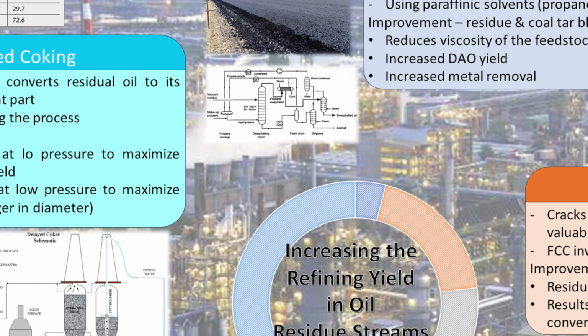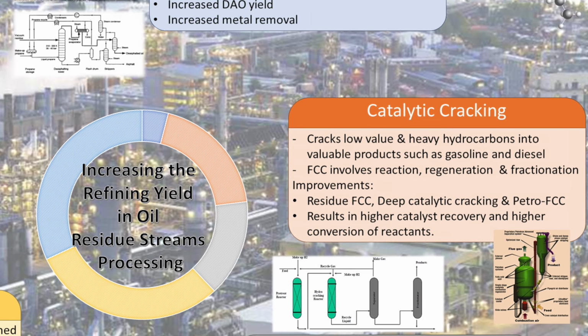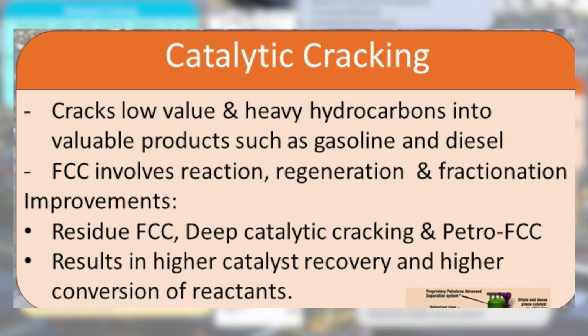Hi, my name is Xiang. Today I will discuss the method to increase the yield of residue by using catalytic cracking. Catalytic cracking is a process for the upgrading of residue. During this process, heavy feedstock are converted to lighter components such as gasoline and diesel, which are more valuable compared